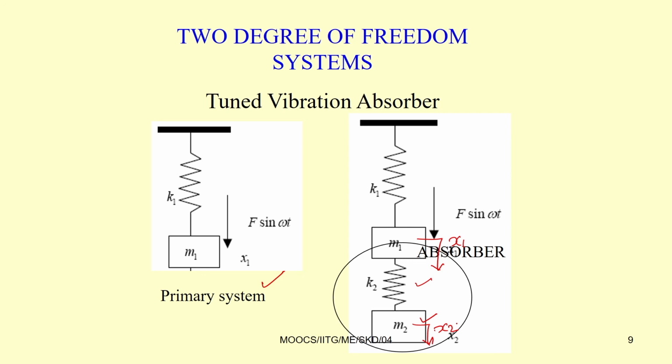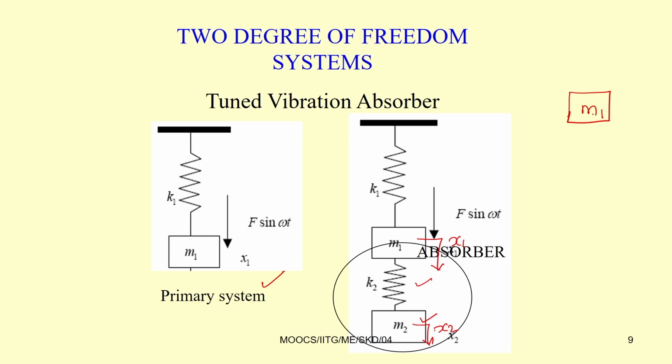So, the equation of motion can now be written. This is a 2 degrees of freedom system. It can be written by drawing the free body diagram and applying either Newton's second law or the D'Alembert principle. First we will derive the equation of motion of a linear system, then we will convert the system to a nonlinear system, and we will see some of the applications also.